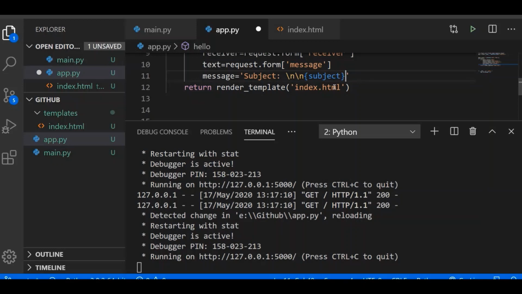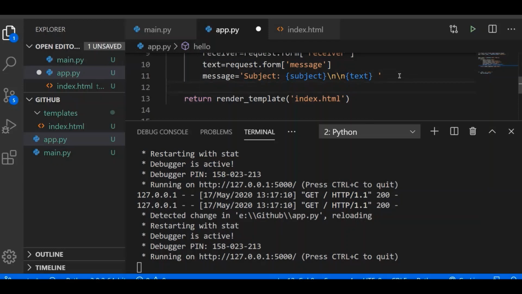After subject we pass two newline characters, because after subject only we will write the message, and in the message I will write the message, which is just text. So we will get subject and message here, and let us print this message.